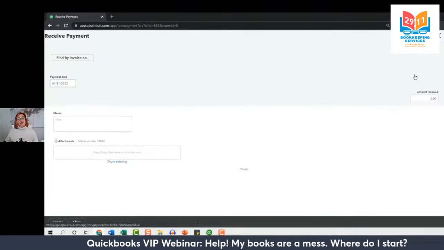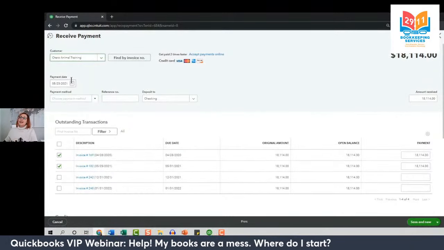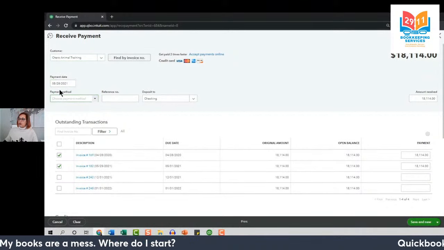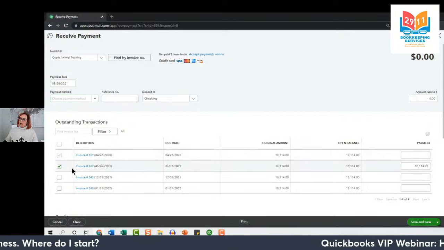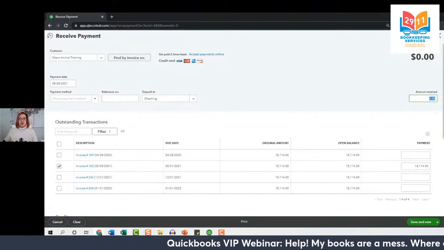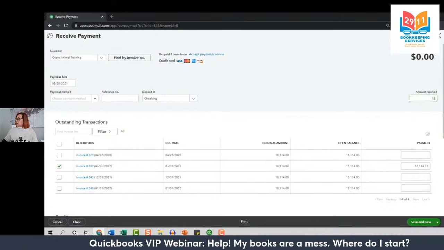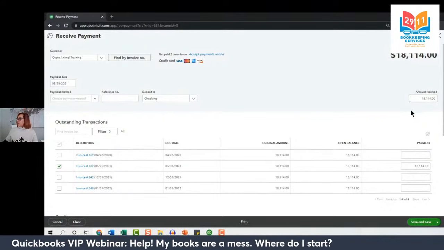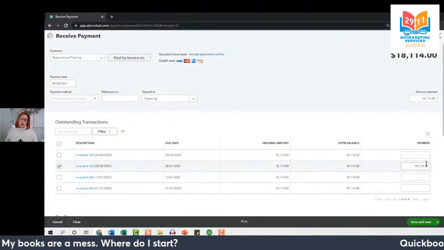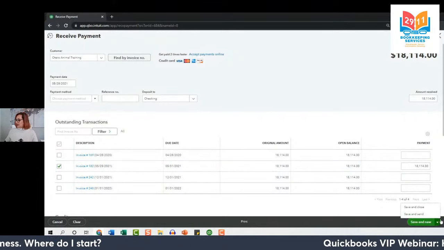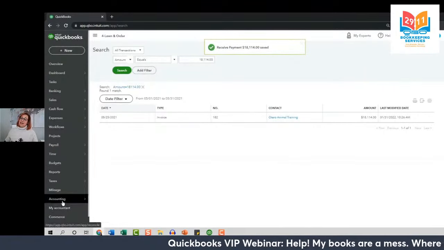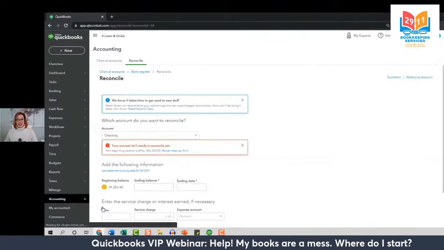Now let's select receive payment up in the top right corner again. This time, let's enter the date that occurred, 5/28 of 2021. And this is a payment for just invoice number 182. So sometimes QuickBooks does some strange things on this screen. Just make sure that you are looking at every field, like the amount received, as well as the payment column, to have it all read the correct amount. And we can go ahead and save and close. Awesome. Okay, so let's click accounting and go back to our reconciliation screen.